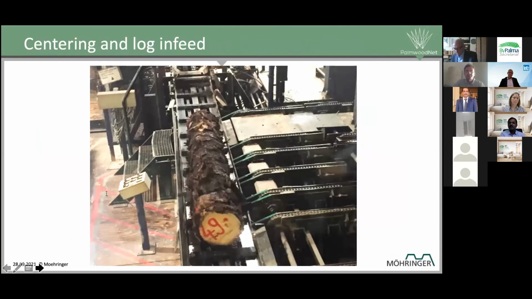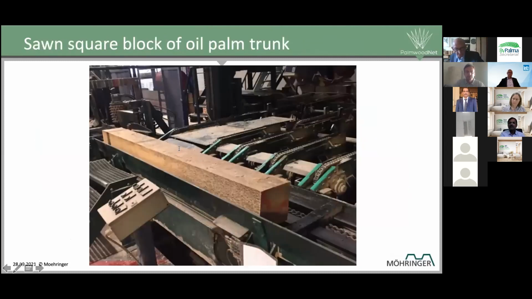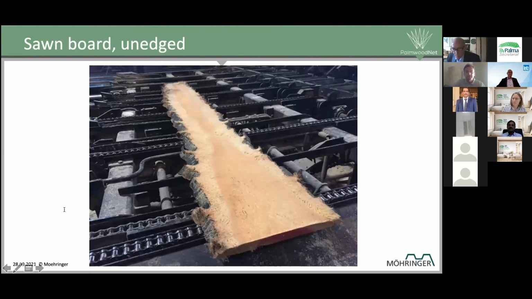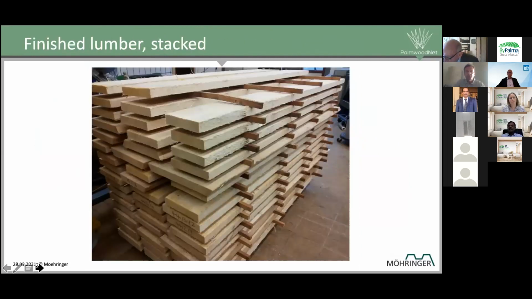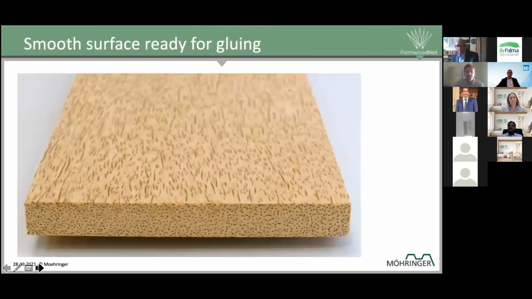That is the second go-around with the square piece inside. These are the sideboards of OPT. You see quite nicely the debarking soon and also the high density material. Then we did all the pre-sorting, grading of the material, of the sawn lumber. Then of course also the finishing, the kilns and the finishing stacks. And then of course also the final treatment of the material, the pressing and gluing of panels.